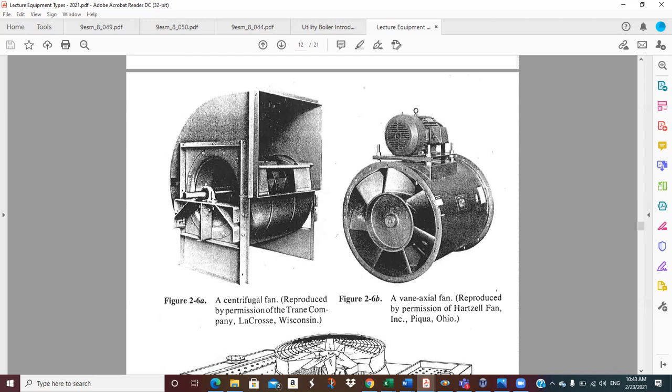You've got a motor on one side or the other of this, probably sheaves with belts on them. Oftentimes these are belt driven. Don't have to be. You could put a VFD on it and control it and couple the motor directly to